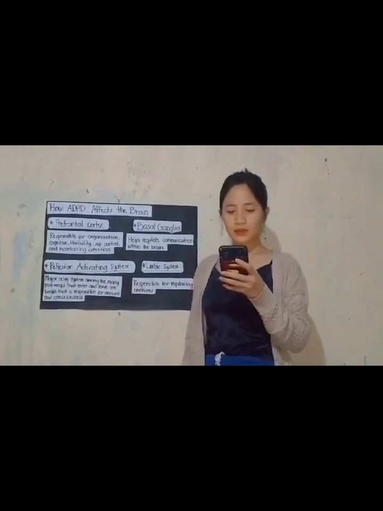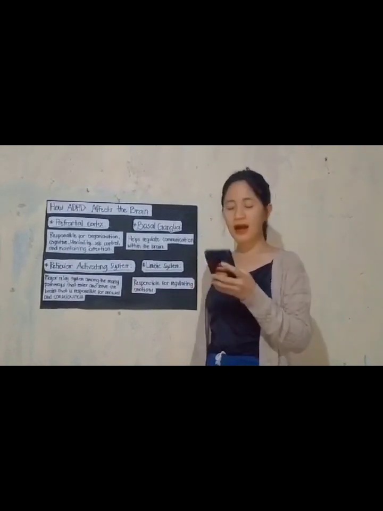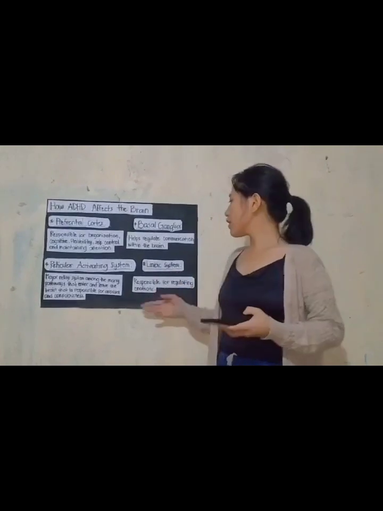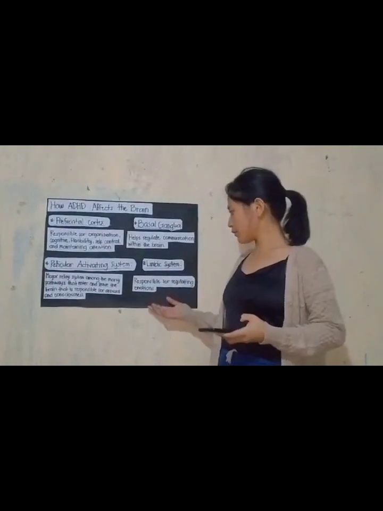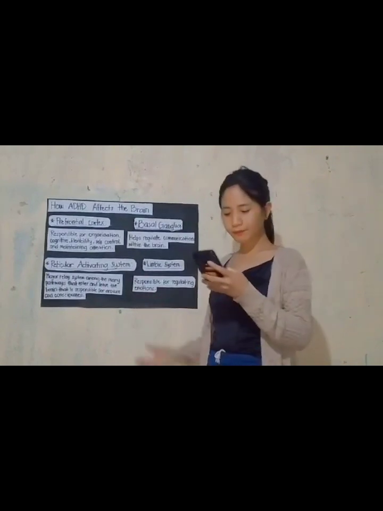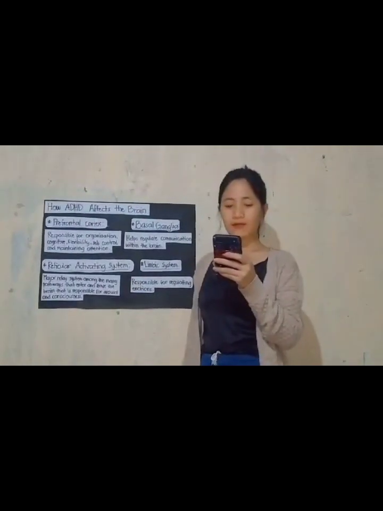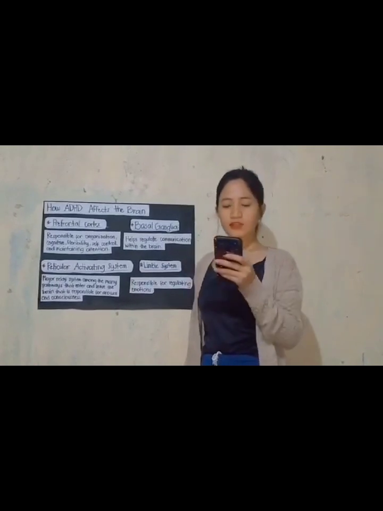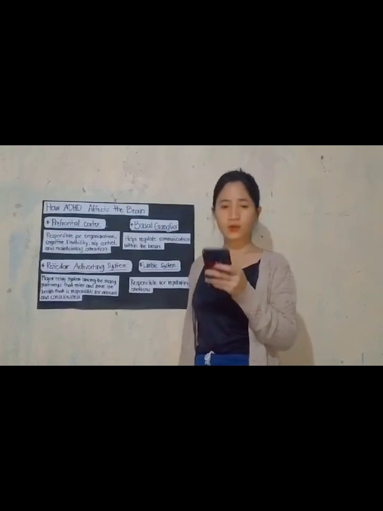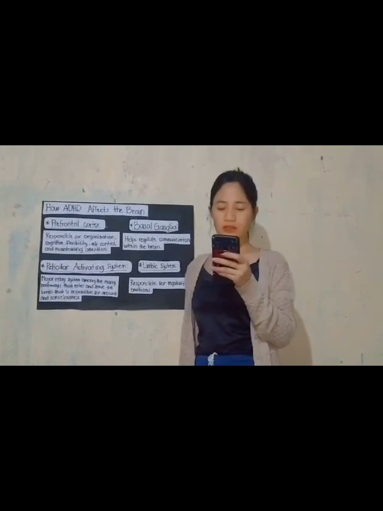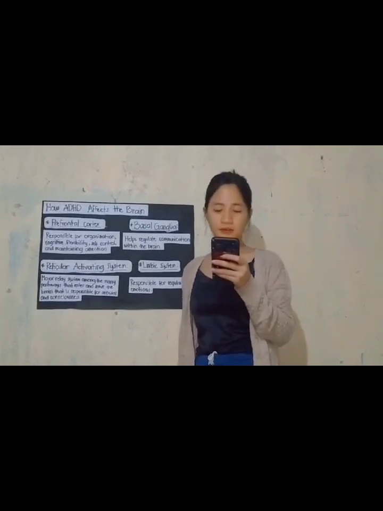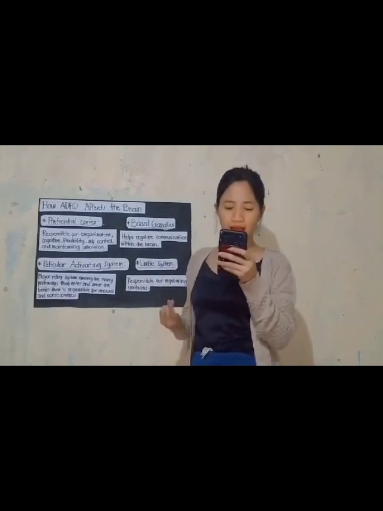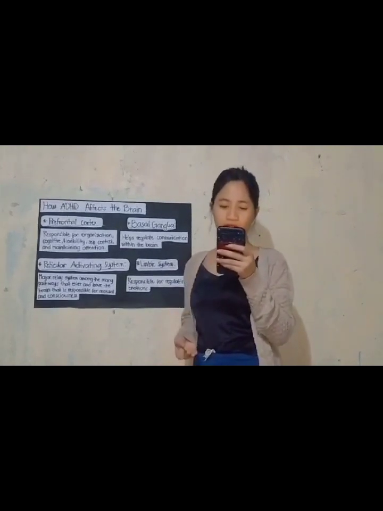Let's proceed to the limbic system and how ADHD ruins it. The limbic system is responsible for regulating emotions. What will happen if the limbic system has ADHD? The child with ADHD is not good at controlling their emotions. They are very sensitive, they get excited easily, get angry easily, and they show their emotions openly,